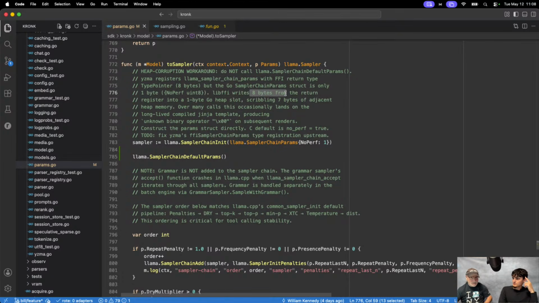Okay. And then every once in a while, after a lot of allocations and deallocations going on in the heap, these extra 7 bytes that Llama CPP wrote, that we only allocated 1 byte for, ended up landing where we have the pre-compiled template. It basically corrupted the template. Oh my God. Okay? This is what happens in C. This is why nobody wants to write C programs anymore. Okay? But we're doing low-level C stuff.